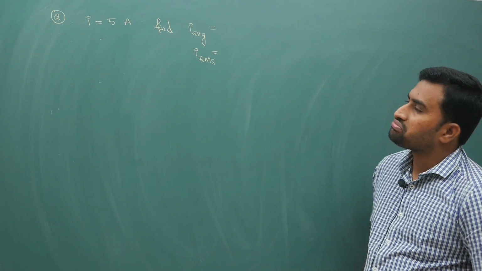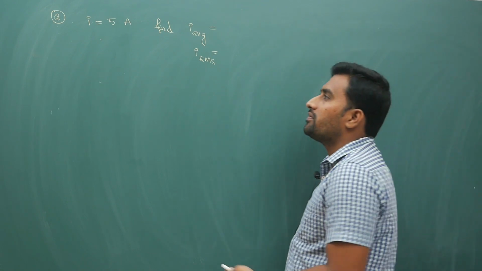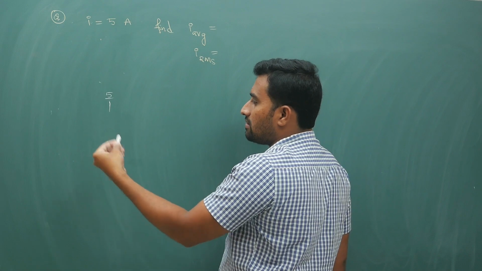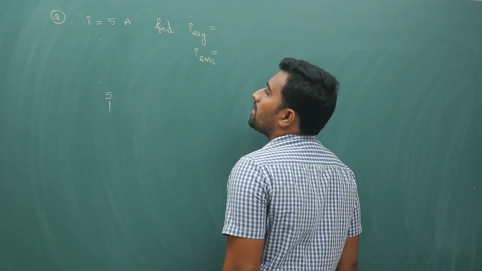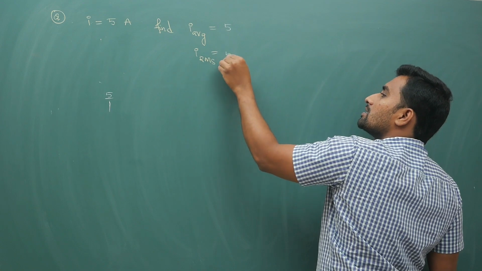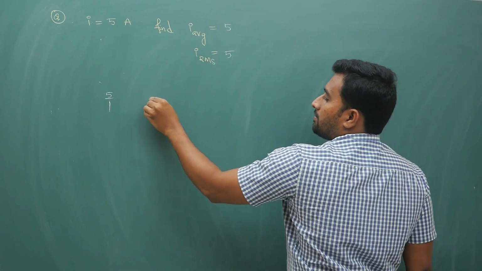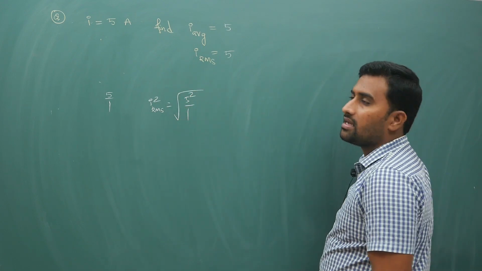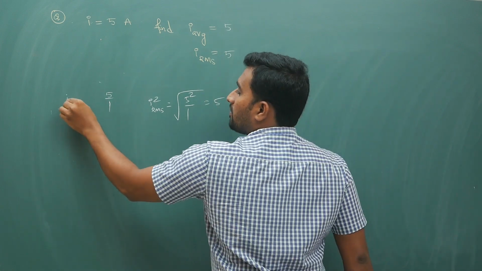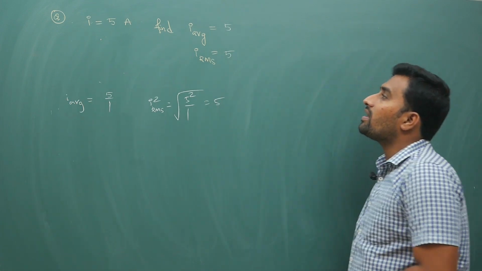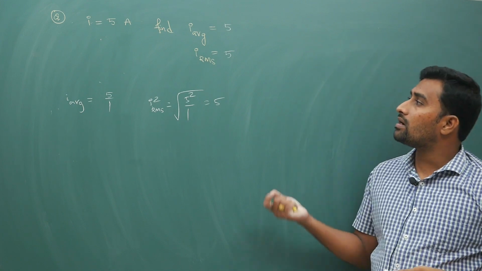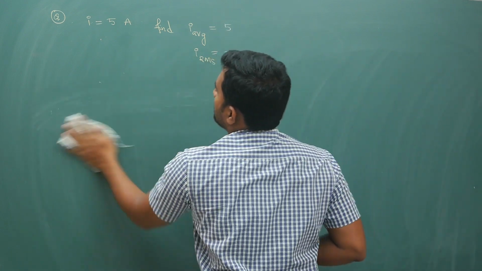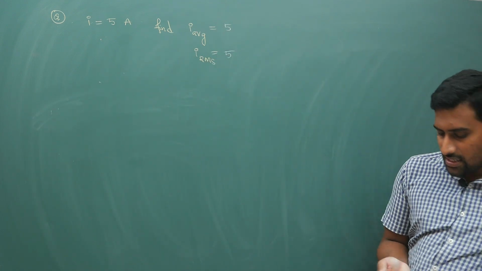In this case you can do nothing much, right? If you are given individual values, what will happen? Sum of quantities divided by number of quantities: 5 plus 0 by 1, total number of quantities 1, so your I average is also 5. I RMS is also 5, because if you do the under root of 5 square by 1, it is once again 5. So for constant values, your RMS value or average value is the constant itself. Now let us say instead of 5 ampere, your question is like this.